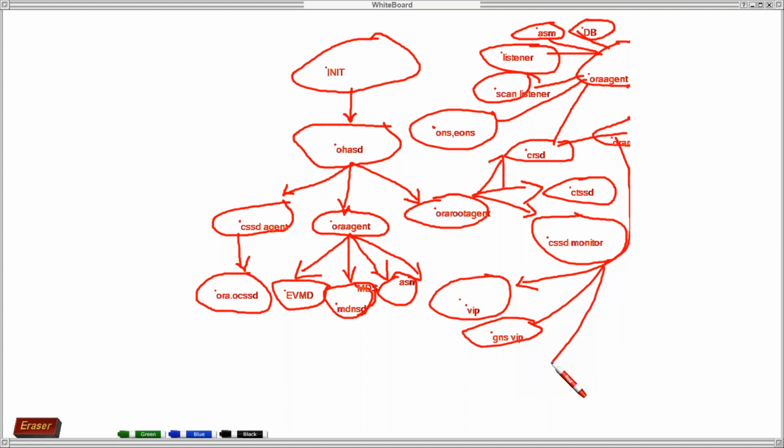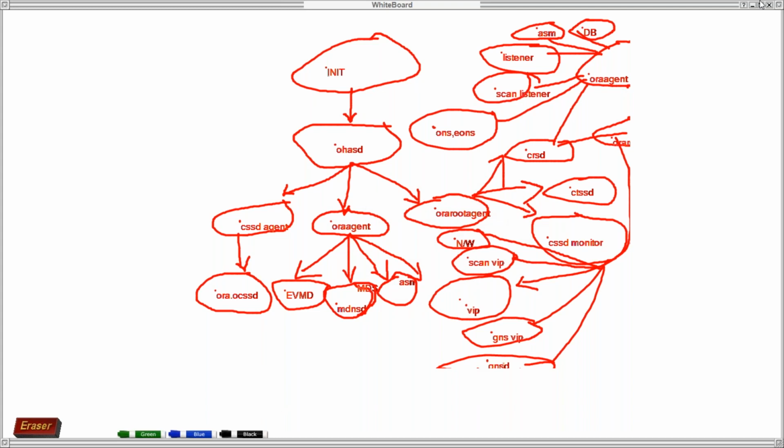Okay, GNS VIP, then GNS daemon, and one more is scan VIP. So VIP, GNS VIP, scan VIP. Okay, as well as network also it determines. Okay, so that is network. So this is how it has been spawned.